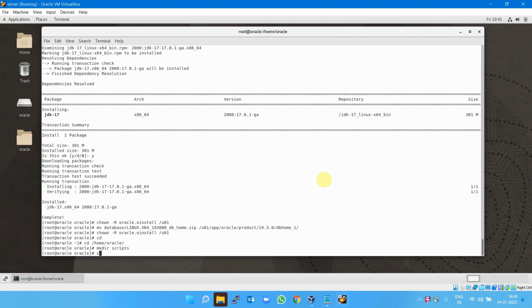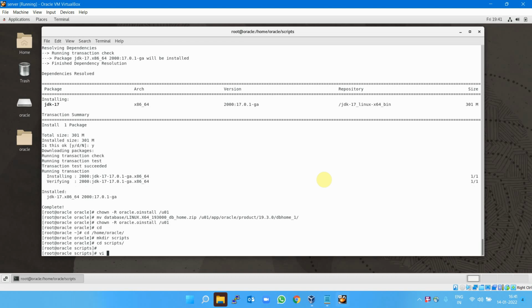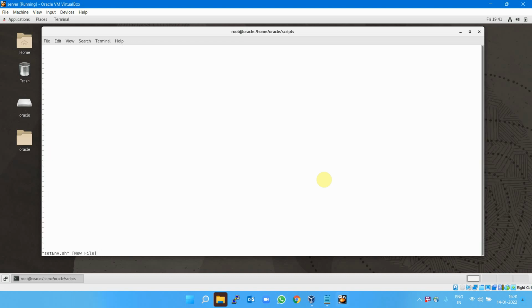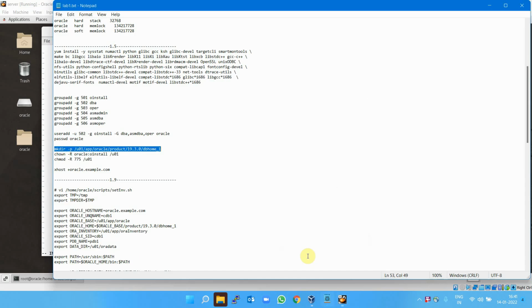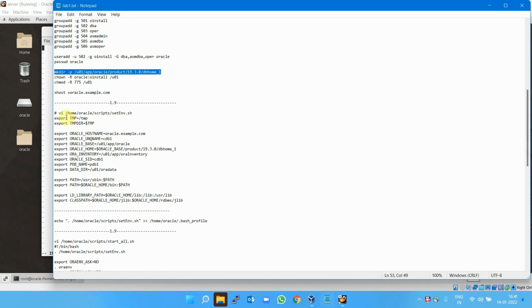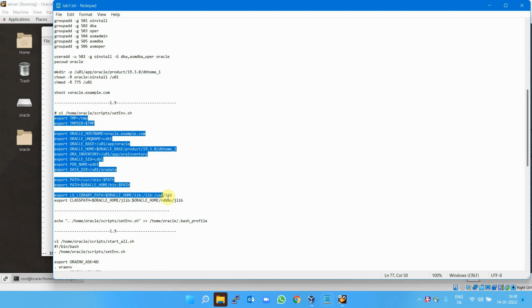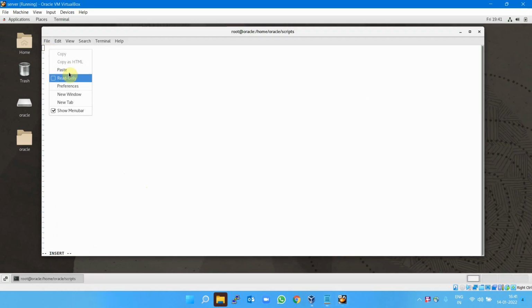I'm going to create scripts here to set up the environment. vi setenv.sh, that will set up my environment, particularly the home directories and the path and everything for users. So I'm creating this file, scripts setenv.sh, and this will set up my environment variables for my Oracle